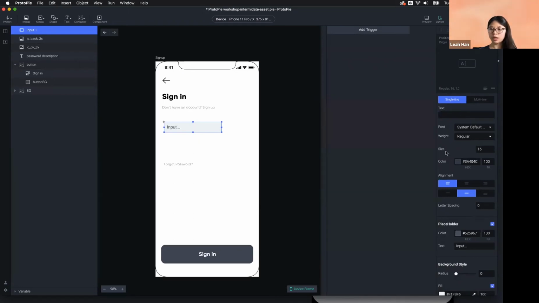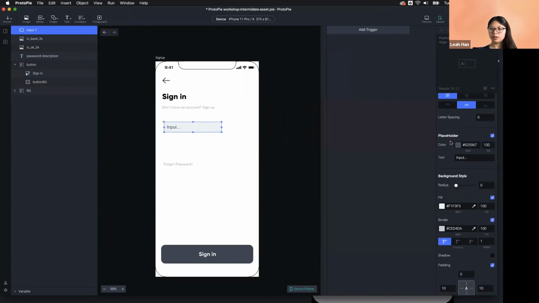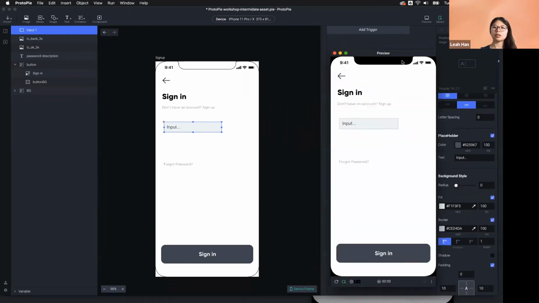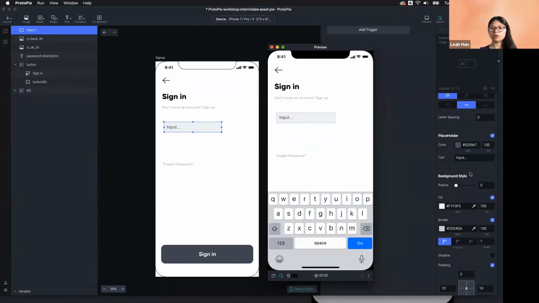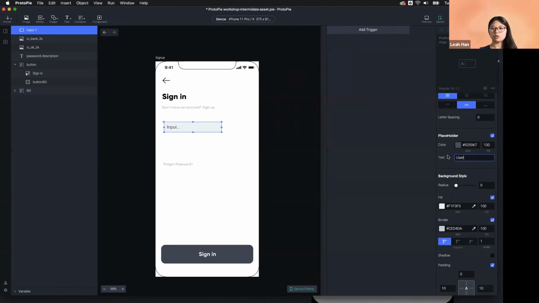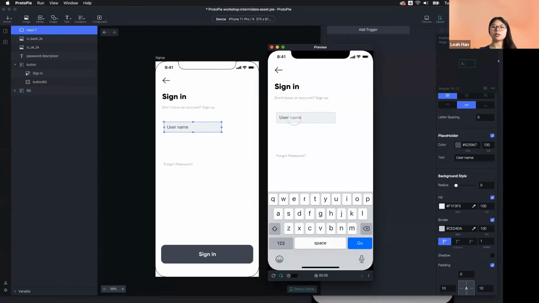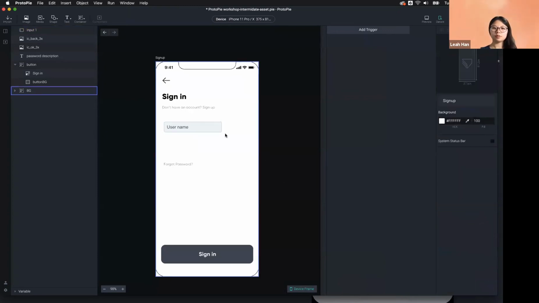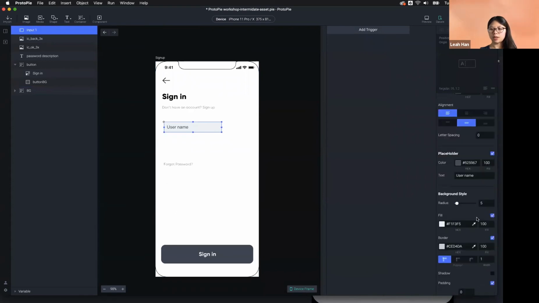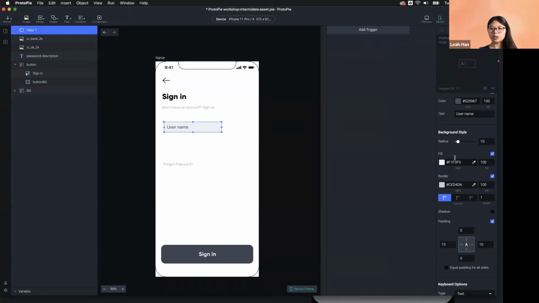Font, weight, color, align, placeholder. So what is a placeholder? Placeholder is a hint for your users. Currently it shows input, but I'd like to change it to username. I'm asking users, please type in your username here. And also you can give a radius, so maybe 5 or 10. This also depends on your design. Border, fill,